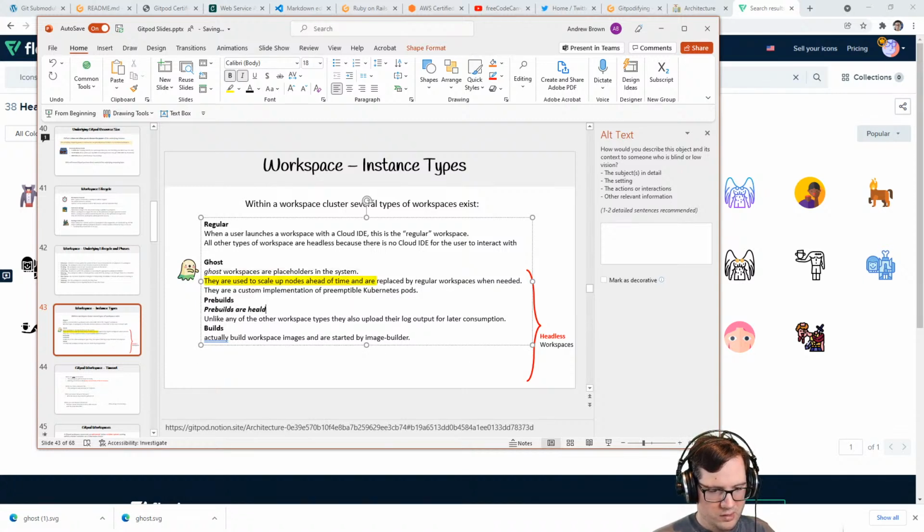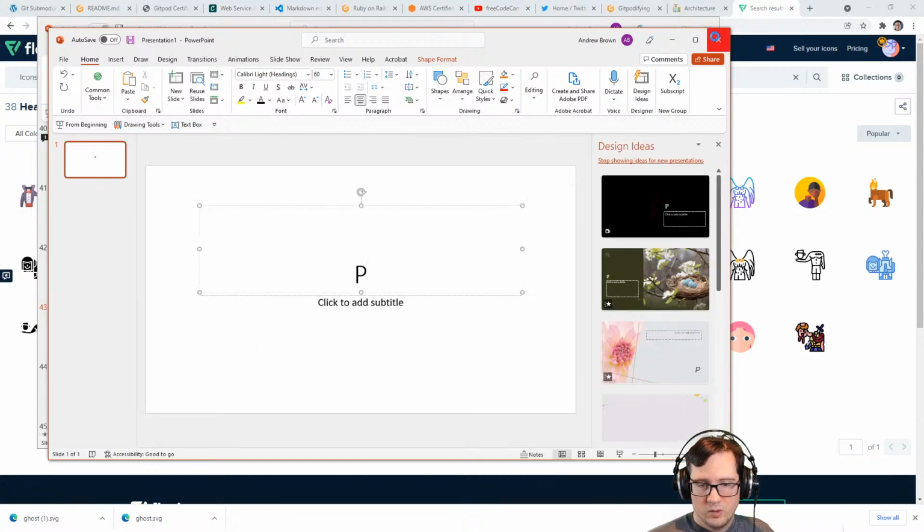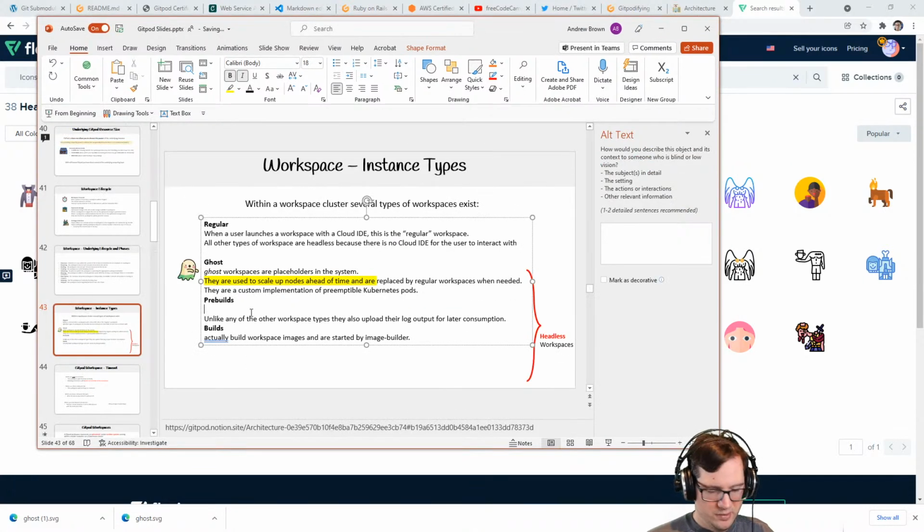Pre-builds are headless. And we've covered this multiple times in the course, but I'd like to cover it even more. So pre-builds. Oh my goodness. Can I stop being italicized here? Okay, there we go. So pre-builds